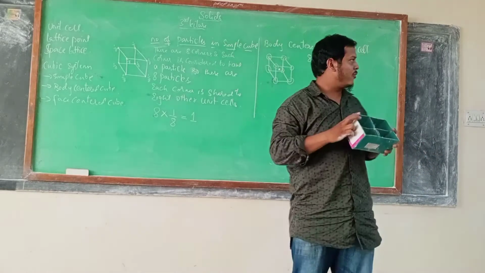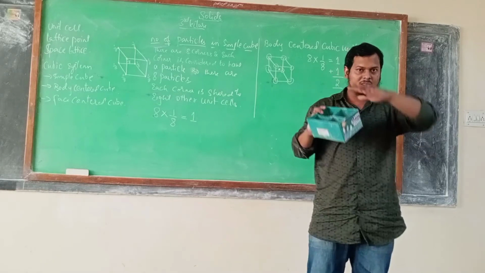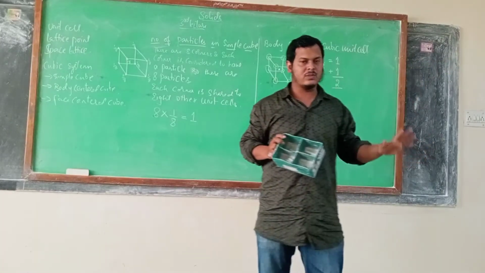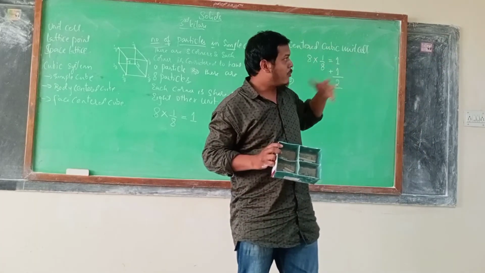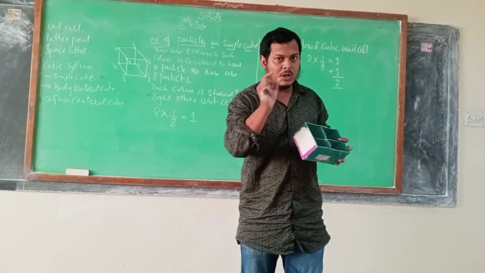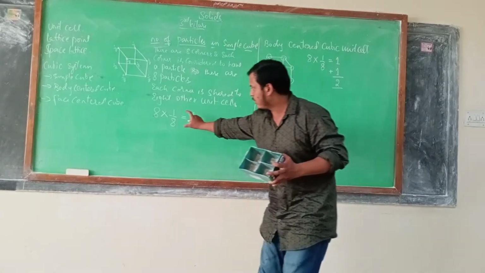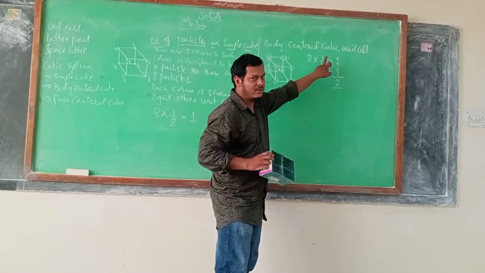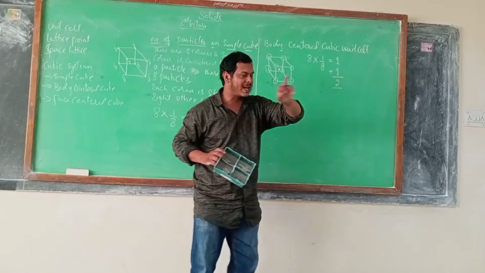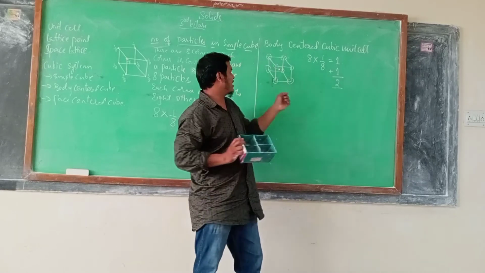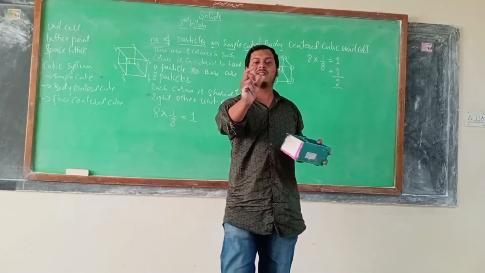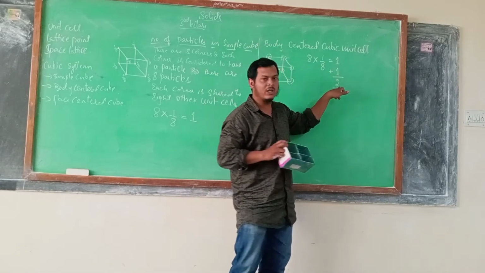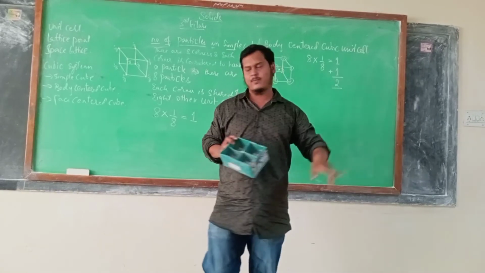At the 8 corners I have one atom each. For this classroom, imagine that is a corner. There is one atom, one particle, but I am not getting that complete atom. I am getting a 1 by 8 share. So 8 corners, each getting a share of 1 by 8, will give me totally 1 atom. And I have one atom exactly at the center. Because it is at the center of the unit cell, this completely belongs to me. Therefore plus 1 will give me how much? Totally 2 atoms.